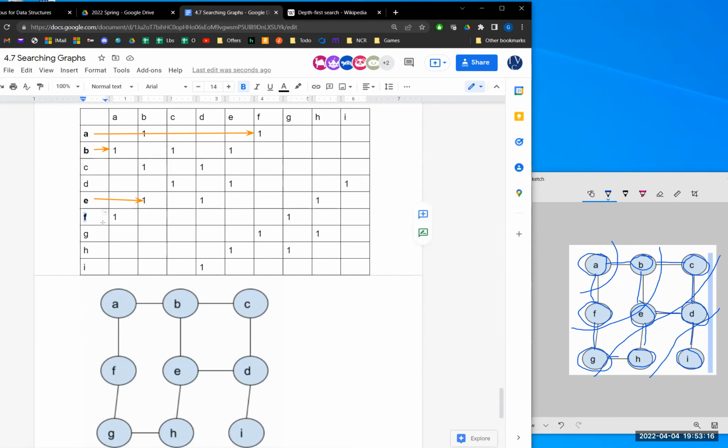All right, A is no good. G we have not been to before, so we can mark that as bold. G can't go to F, but we can go to H. And H sees we have E, but E is bold, so we don't go there. We have G. That's also bold. So it processes the list and finds that there's no one to go to. So we will have to go ahead and backtrack. Go back to whoever brought us here, which was